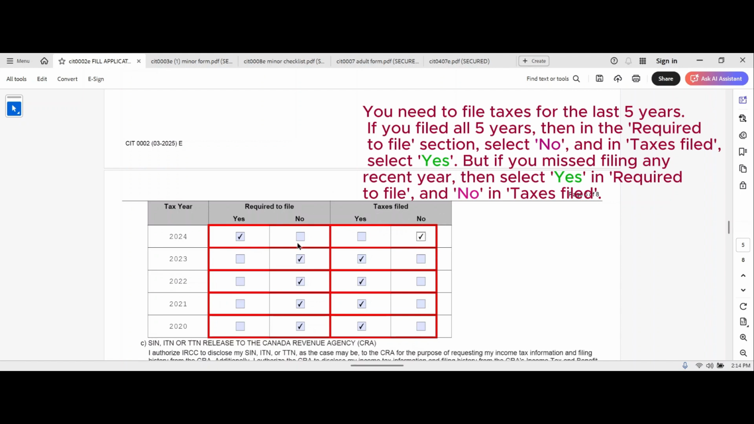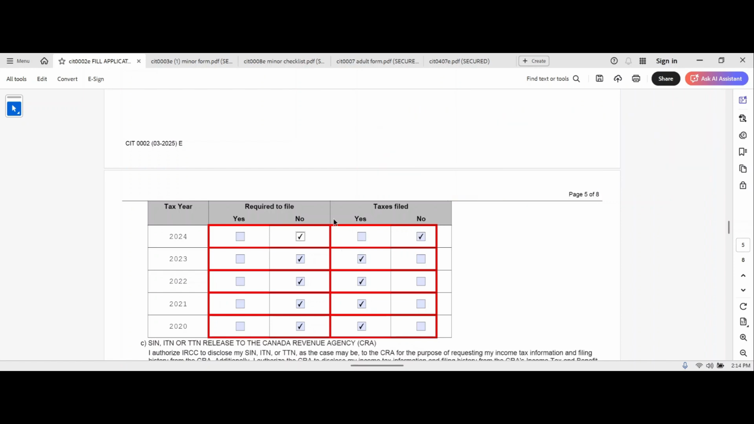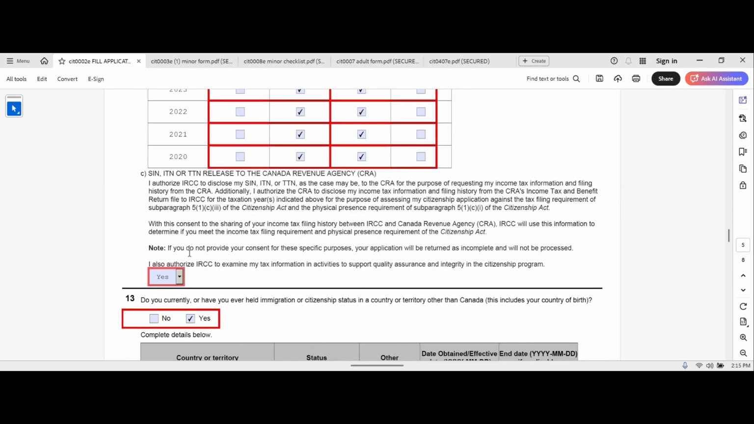If you filed all the years, then you can directly click here yes, and here you can read this information. Here you can see if you do not provide your consent for this specific purpose, your application will be returned as incomplete and will not be processed. That's why we have to click here, and we need to give our social insurance number to check all our